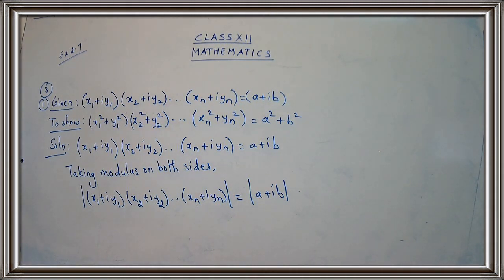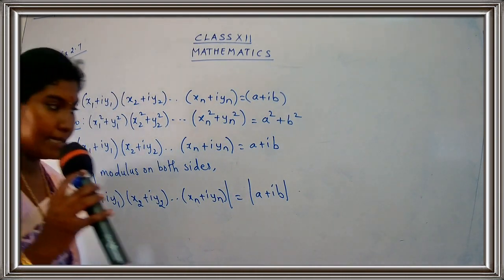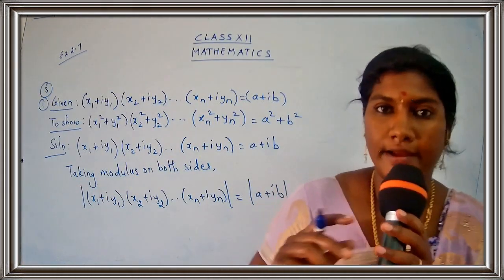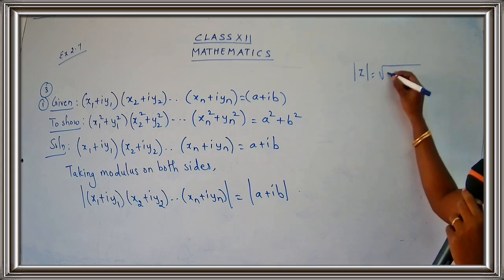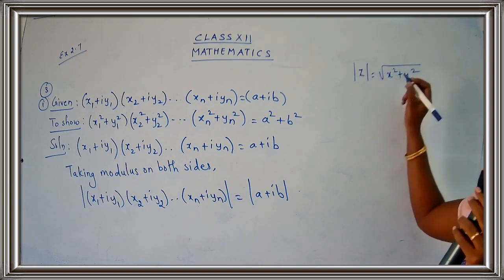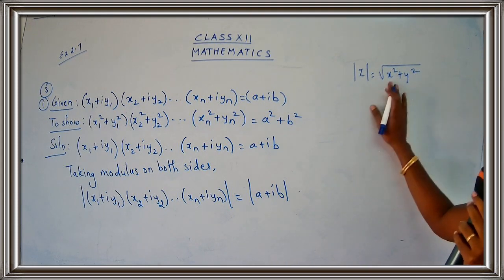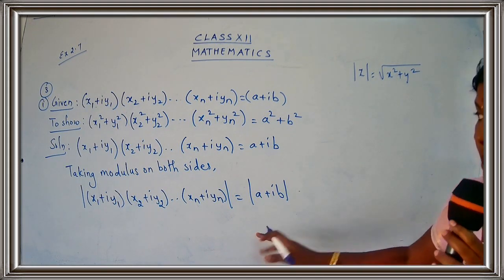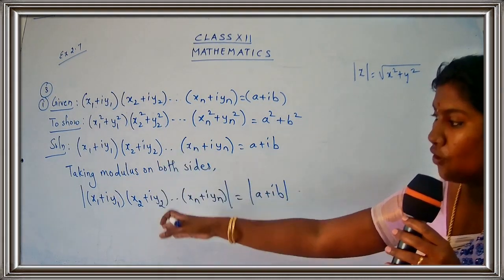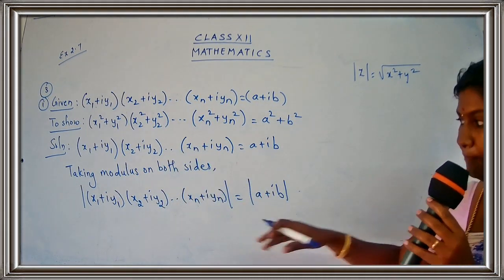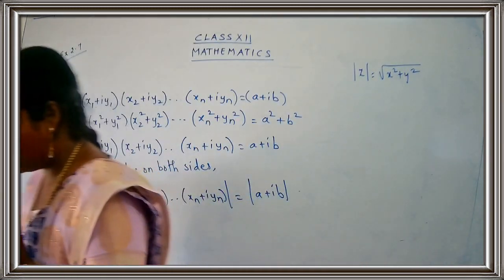Okay, we have seen the formula for modulus. We have studied, yes. What is the formula for modulus? It's square root of x square plus y square. Modulus z is square root of x square plus y square. Do you remember this children? Yes, so we are going to apply the formula for modulus. And before we apply the formula for modulus, we are going to give the modulus for everything separately. Okay, so you can just refer your properties children.